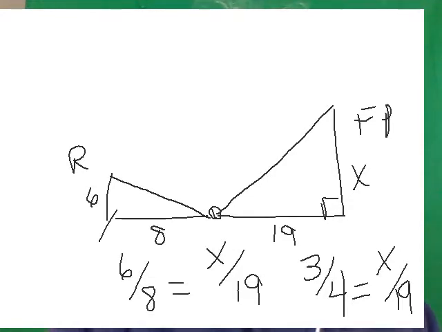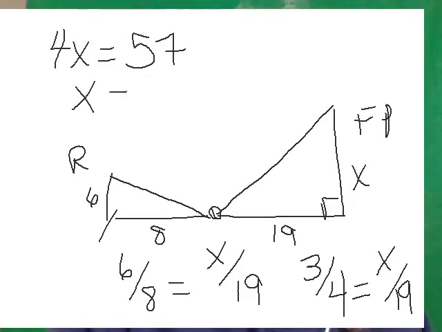So now I'm going to get 4X is equal to 3 times 19, which is 57. So X is equal to 14 point, see there, it really does not like for me to make a decimal. 14 and 1/4 feet. I'm going to have to do it as a fraction because I cannot do,